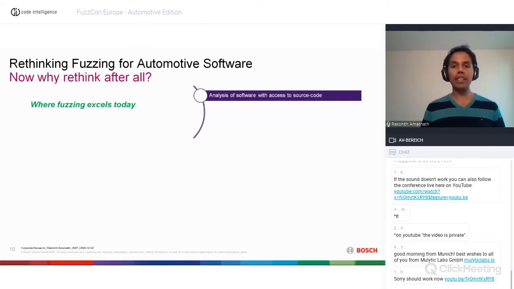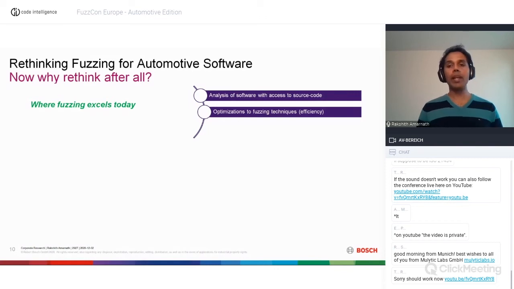And the fuzzing community is doing an excellent job in optimizing fuzzing in the second case, right? This is also where fuzzing really works well, because there are really fine tunings available to create more efficient fuzzers these days, be it with orchestration, be it with grammars and things like this. So the community is more or less focusing on making fuzzers more efficient in this case, right?